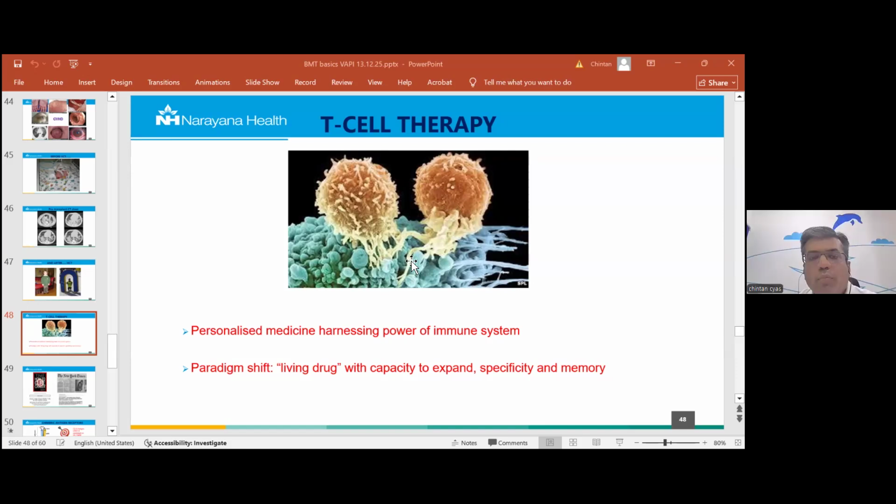So I hope that all the nurses have joined and have understood the basics of bone marrow transplant from a doctor's perspective. But it is very important to know the basics of bone marrow transplant from the nursing perspective. Because what we expect from the nurses is sometimes difficult for the nurses to understand and also difficult for the nurses to practice, right? So